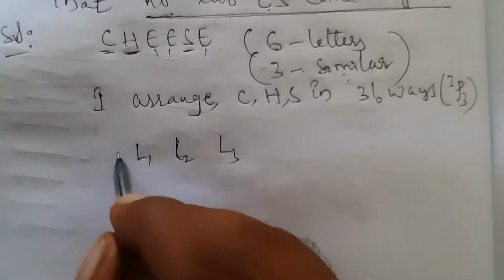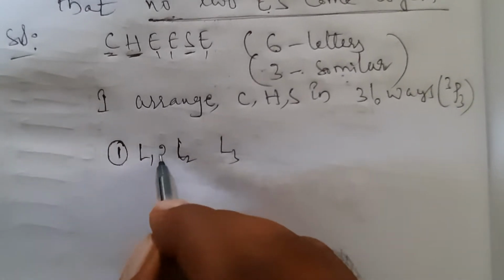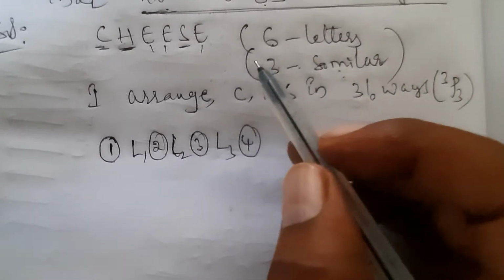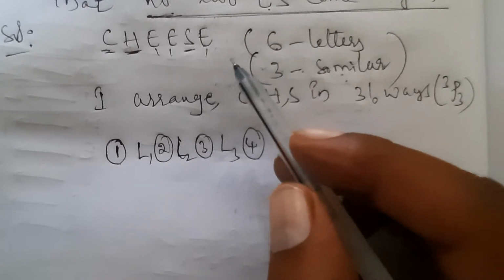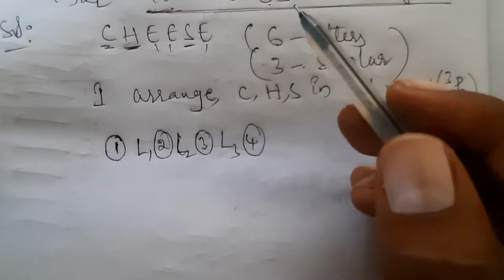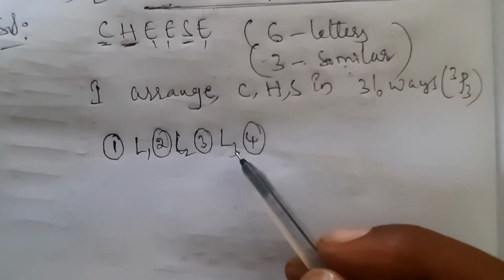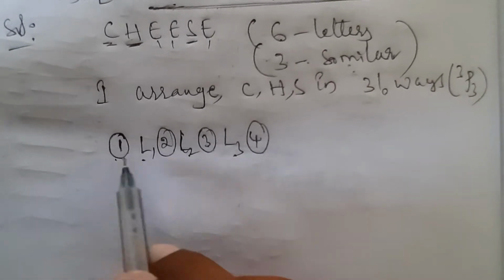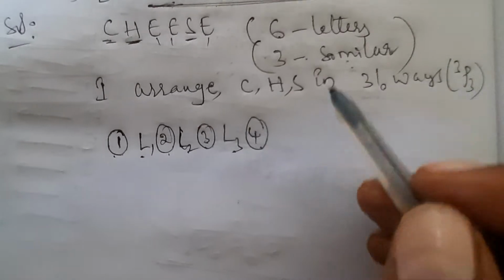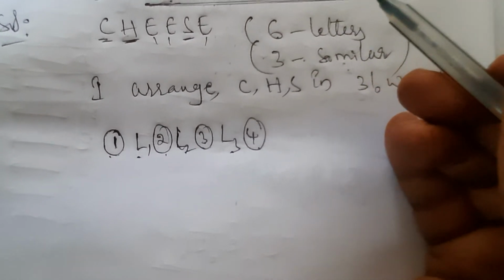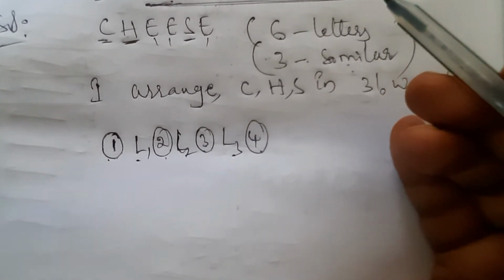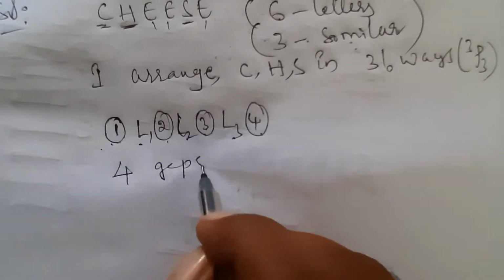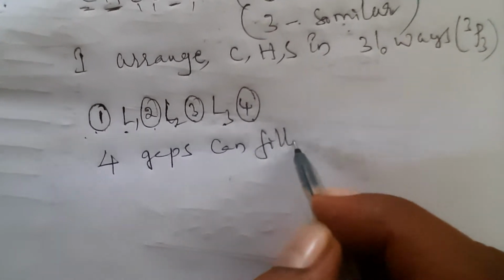By arranging like this, here how many gaps you will get? 1, 2, 3, 4. Now, here no two e's come together. First you separated e's. By separating e's, you arrange the rest of the letters. By arranging the rest of the letters, now you will get the gaps. In these gaps, you have to arrange the separated e's. Then automatically, no two e's come together arrangement we can get. So here 4 gaps are there. So 4 gaps can be filled by